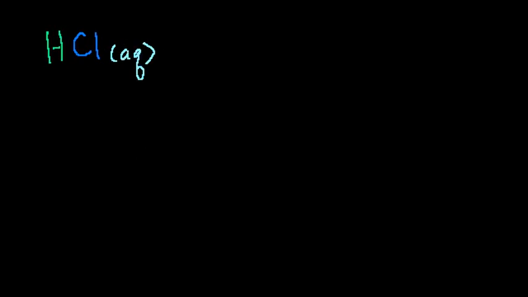We know that it dissociates completely, which means we're left with the hydrogen ion, which of course really attaches itself to another water molecule and becomes hydronium, plus the chlorine anion, or negative ion,